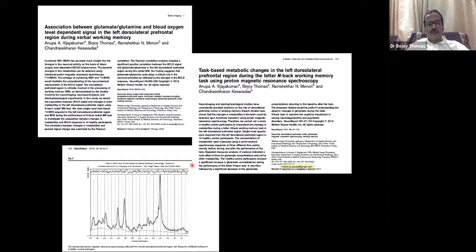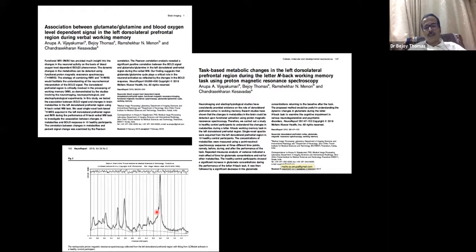She did functional MRI as well as spectroscopy at the dorsolateral prefrontal cortex, where the patient is performing an N-back task, and she found that the glutamate concentration, the neurotransmitter concentration, increases when the subject is performing, and it may be useful in differentiating mild cognitive impairment from others. We have also looked at normal volunteers, how the contribution of these neurotransmitters changes when the subject is performing